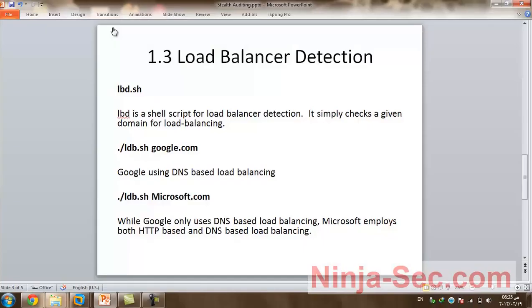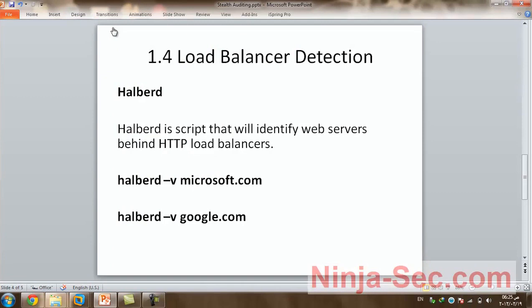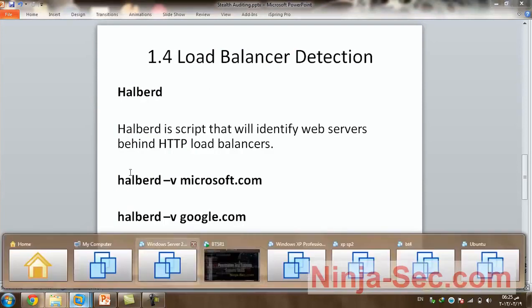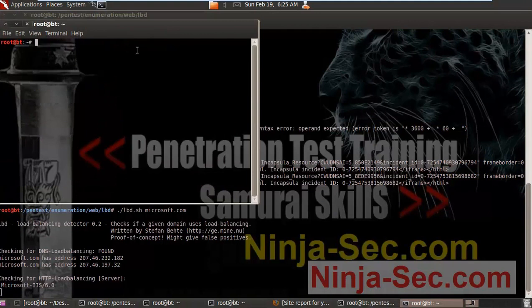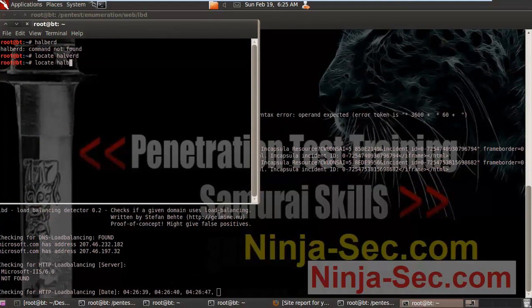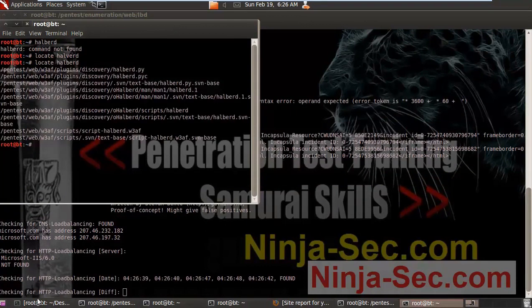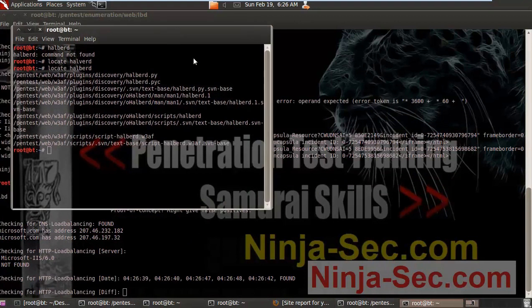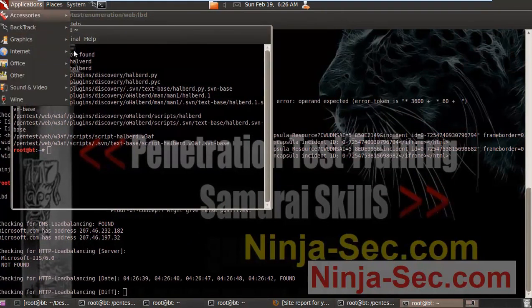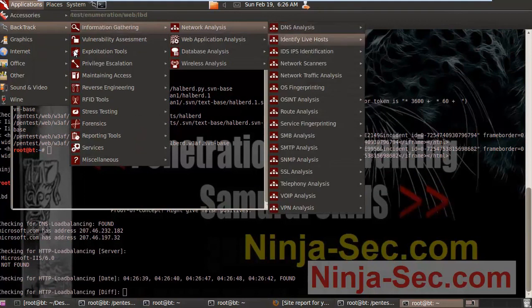Okay, let's take a look at Halberd. Halberd is a script that will identify web servers behind HTTP load balancers. We can try Halberd -v Microsoft.com or any domain we want. Halberd, locate Halberd. We can find this tool in